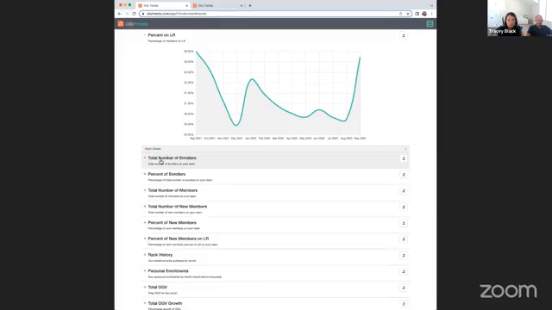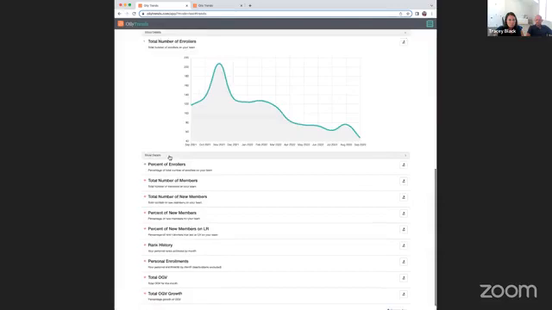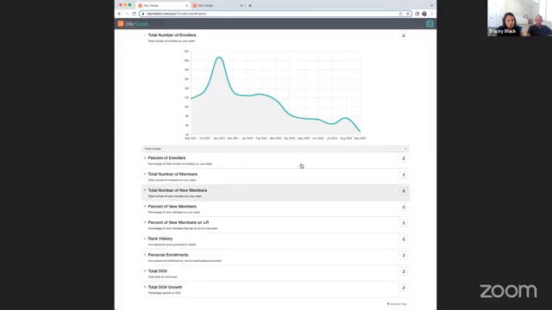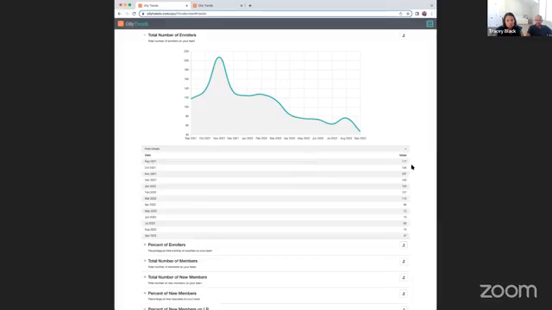Another stat that I really like to look at is the number of enrollers. This is your snapshot of duplication really at play here. So this is going to show you, for instance, how many people in a given month have enrolled at least one person. So if this has gone down over time, whoops, I'll show it again. If this has gone down over time, it might be worthwhile to look at, okay, what kind of enroller campaign do I need to create? How can I increase the number of people who are enrolling on my team?